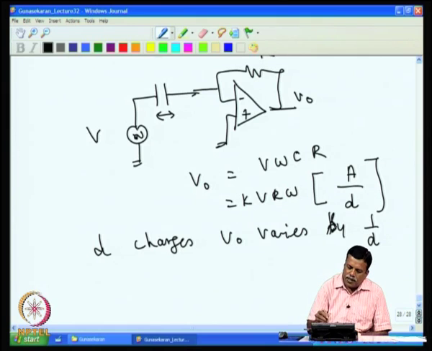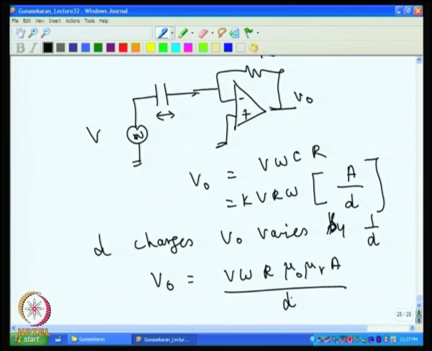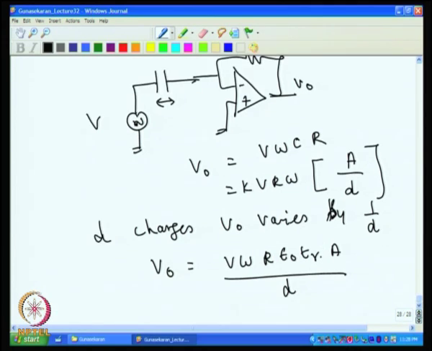Another issue is that if we take the true formula, we will have V into omega R, and then epsilon naught epsilon R A divided by D. Now, it is epsilon naught epsilon R, not mu R. In real life, if we compare this with the ratio transformer bridge, here if the supply voltage V varies, the output voltage will change, and if the frequency of the source varies, the output voltage will also change. And if epsilon R, the relative dielectric constant, changes, for example if there is some moisture in between the two plates, then the output voltage